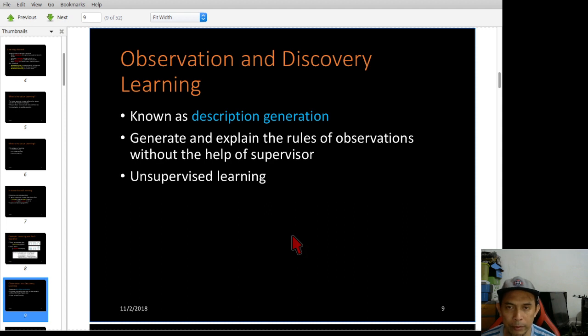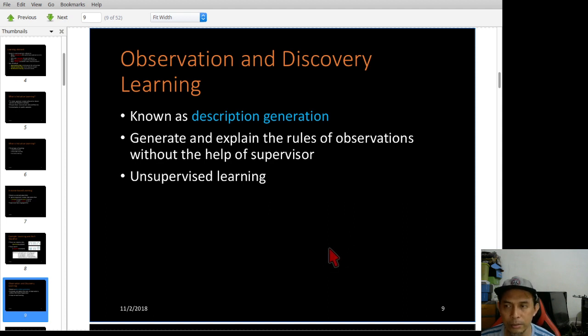Normally we use it to generate or explain rules of observation. Based on the given data, we try to come up with a description of what the data is all about. So this is observation and discovery learning.